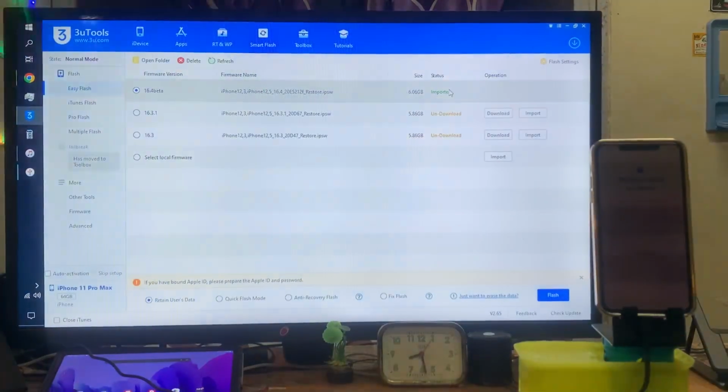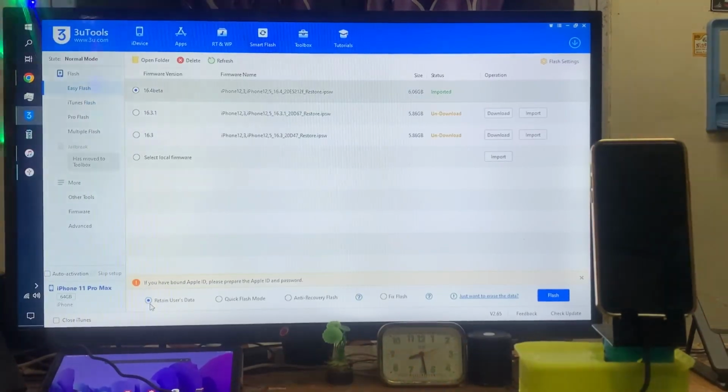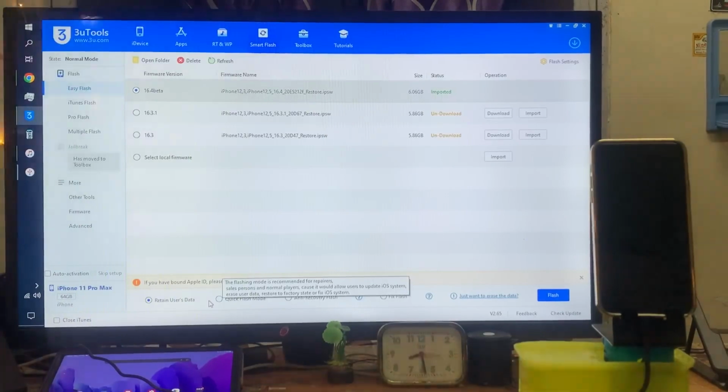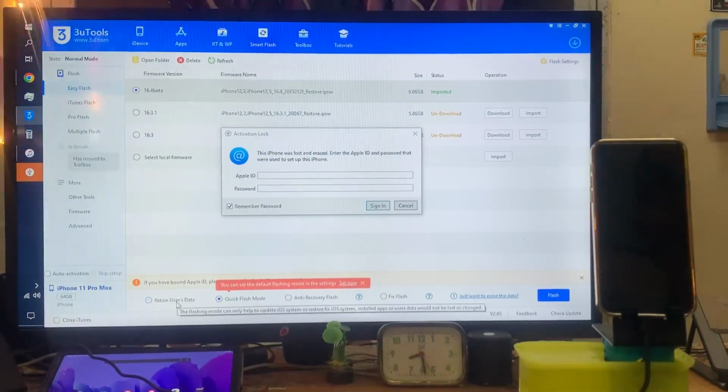We will come on this one. Now see, it's imported fine. Then of course we will choose here retain user data. We don't choose this one. We want to go with the quick flash and fixed flash. So of course we will choose this one, quick flash. Why? Because if we choose retain user data,